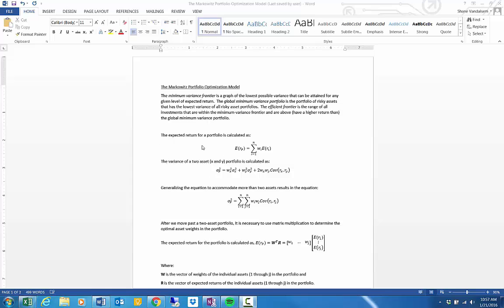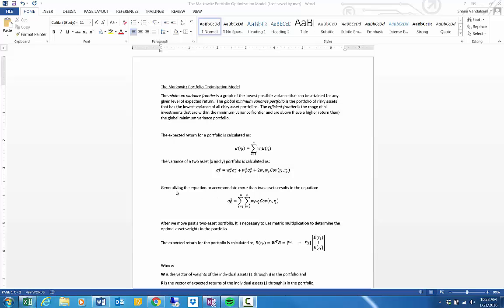So the expected return for a portfolio is calculated as the weights of the assets within the portfolio multiplied by their expected returns. The variance of a 2-asset portfolio, and the 2 risky assets in this case are X and Y, so think of those as 2 different stocks, is calculated as the weight of X squared multiplied by the variance of X, plus the weight of Y squared multiplied by the variance of Y, plus 2 times the weight of X multiplied by the weight of Y multiplied by the covariance of X and Y, or how they move